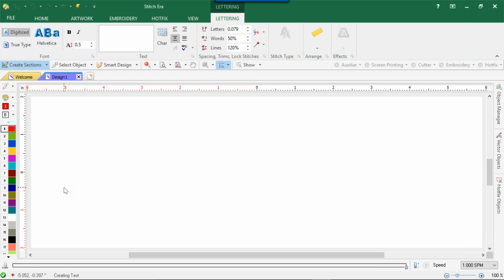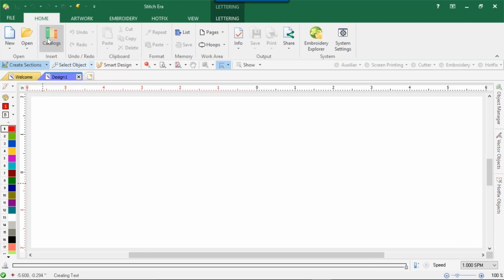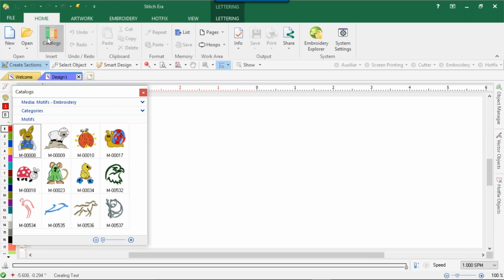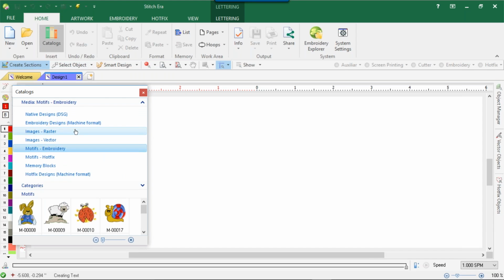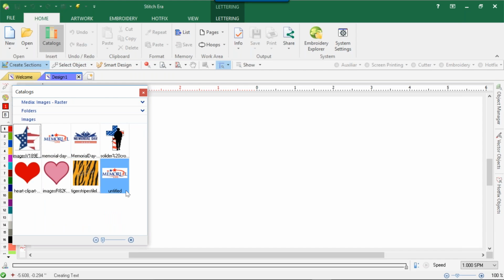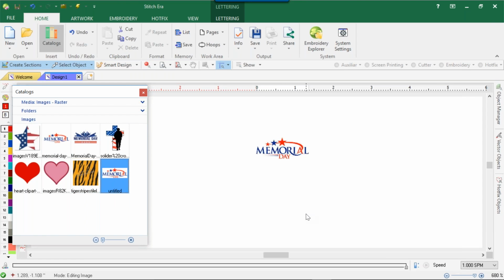So step number 1, we need a graphic image. Now the graphic image could be either a JPEG, it could be a vector, it could be anything that you want to use. So we're going to go ahead and go to the Home key, and we're going to go to Catalogs. This is where we're going to find those graphics, okay? So I'm going to go to a rasterized image, and let's just grab this,